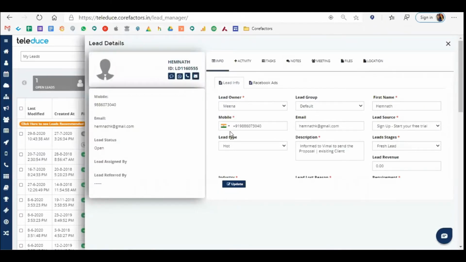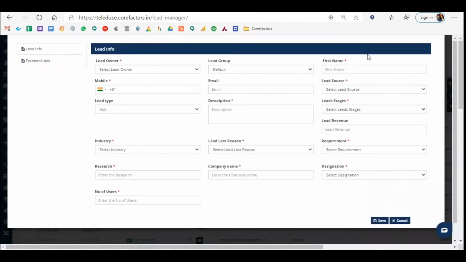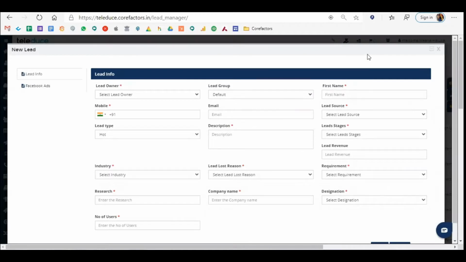Now, what is the information that you can add over here? Based on your industry or your requirement, we can do the customizations. Slowly, I'll show you how you can do customizations also. Here, what are the things that you can upload or maintain? If you belong to a real estate company, you can bring in the requirements based on your project. So if you're into real estate and you have 7-8 projects, and based on projects you want to maintain certain information about the leads in the lead box, yes, you can do it.